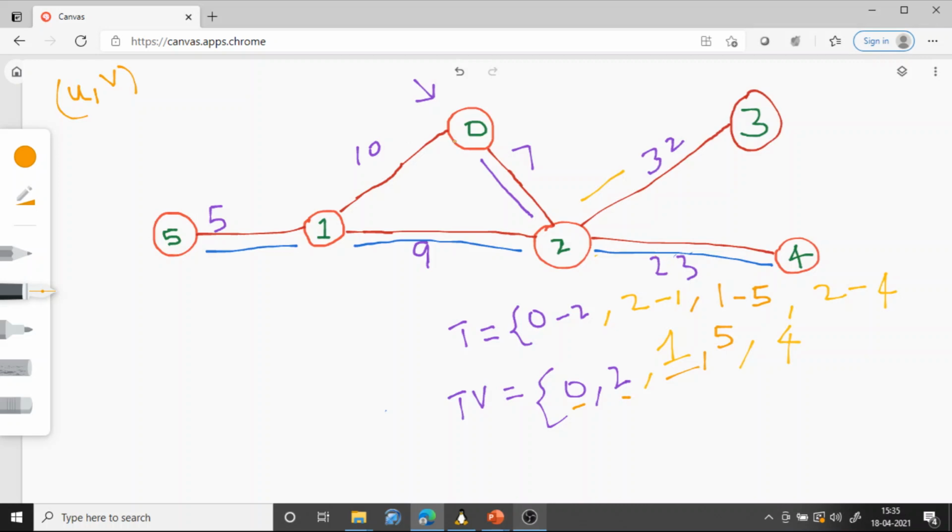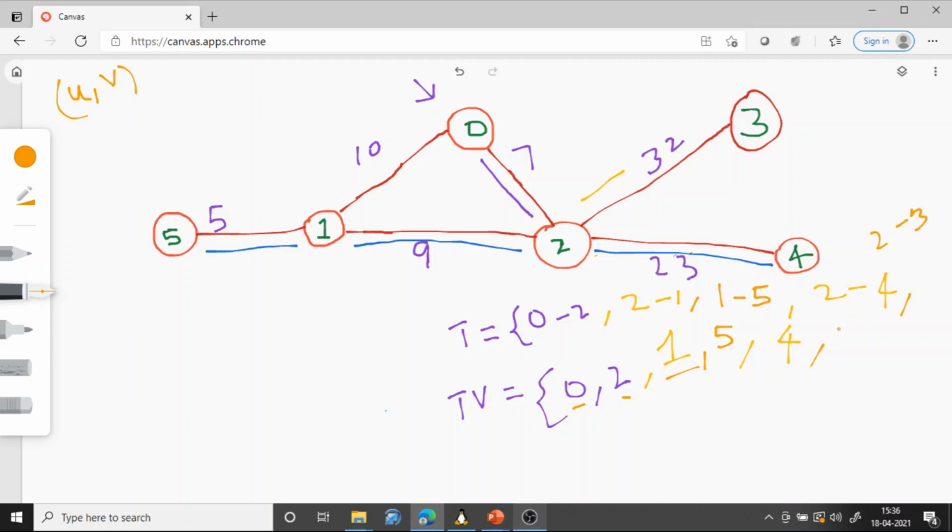From 0 there is no such edge, from 1 there is no such edge, from 2 there is one edge, 2 to 3, because 2 is visited, 3 is not visited. Okay, remaining there is no other option from 2 also. From what else we have? From 1 there is no such edge, from 5 there is no such edge, from 4 there is no such edge, because there is only one edge, 4 to 2. 4 is visited and also 2 is visited, so there is only one option, we have 2 to 3. So this is the one which we have to add. There is no comparison also, because that is the only one edge we have.